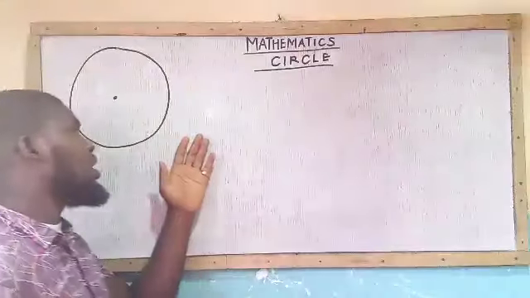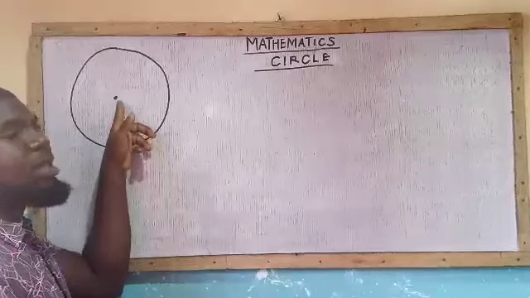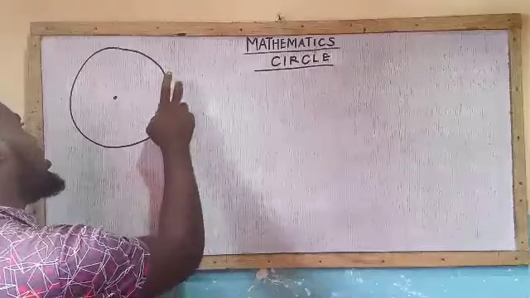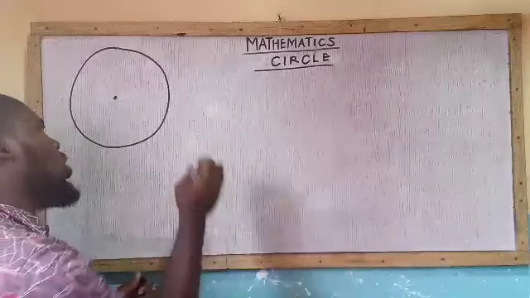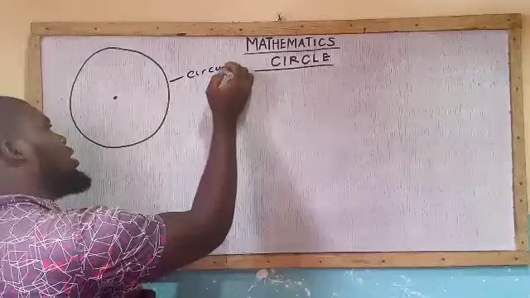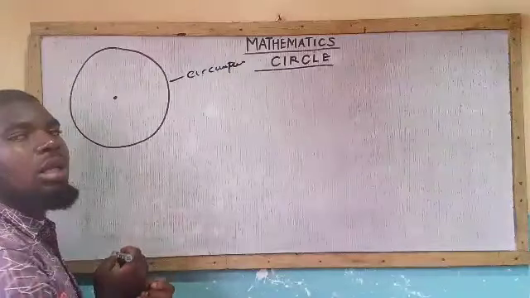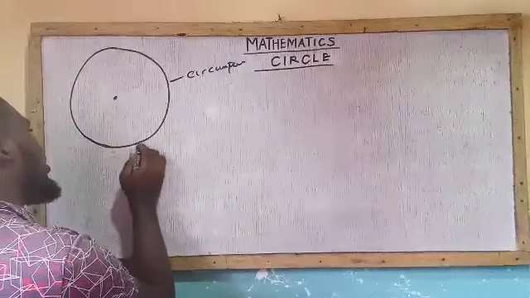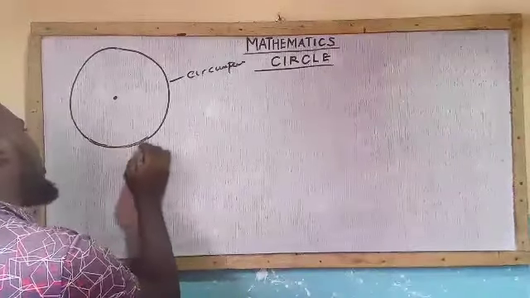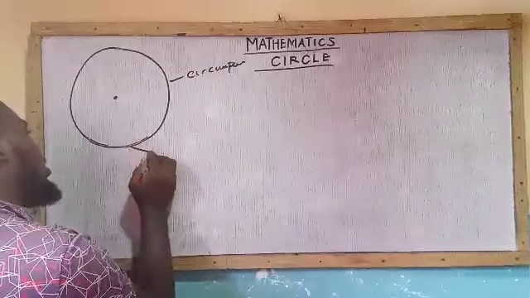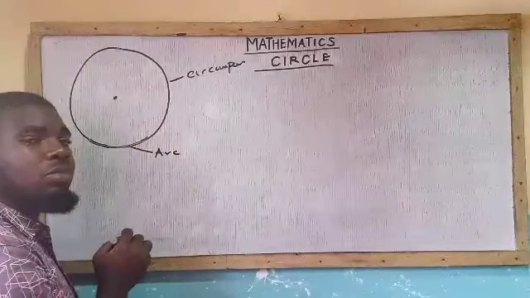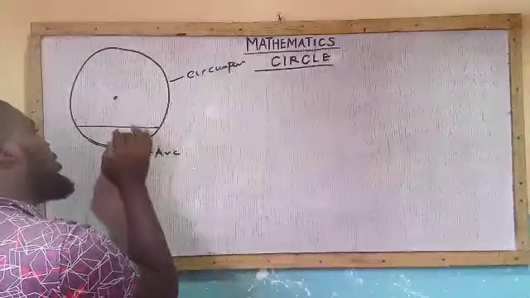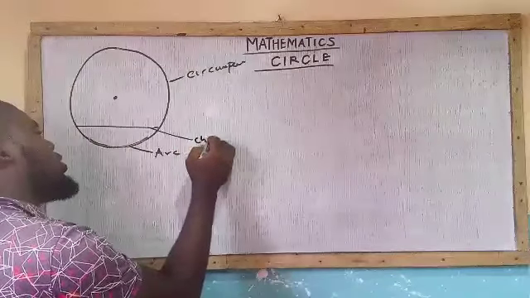When we consider this as a circle, this is the center of the circle, equidistant from the points. That is why this outside part of the circle is called the circumference. Now, if I bring out any part of the circumference out of this total circumference, that part is called an arc. If I bring a line that touches two parts of the circumference, that line is called a chord.